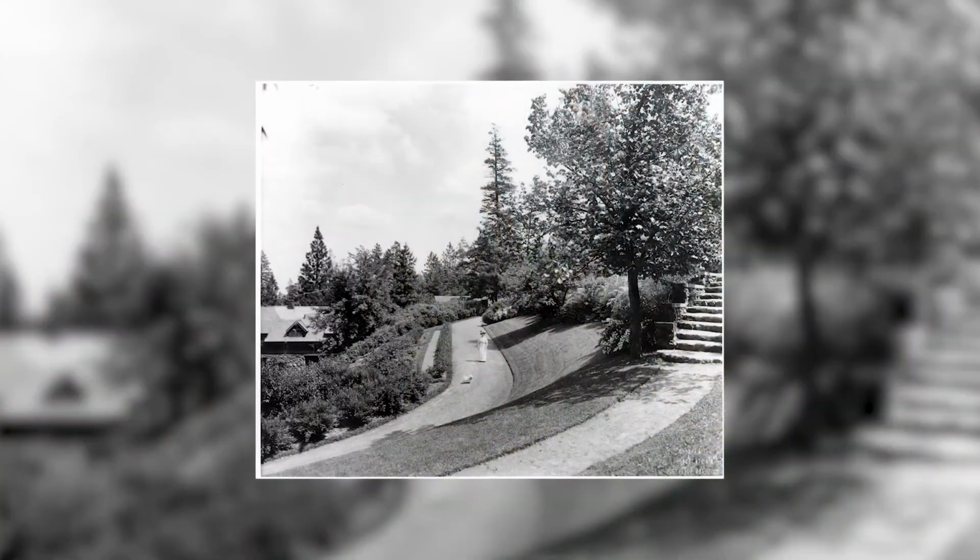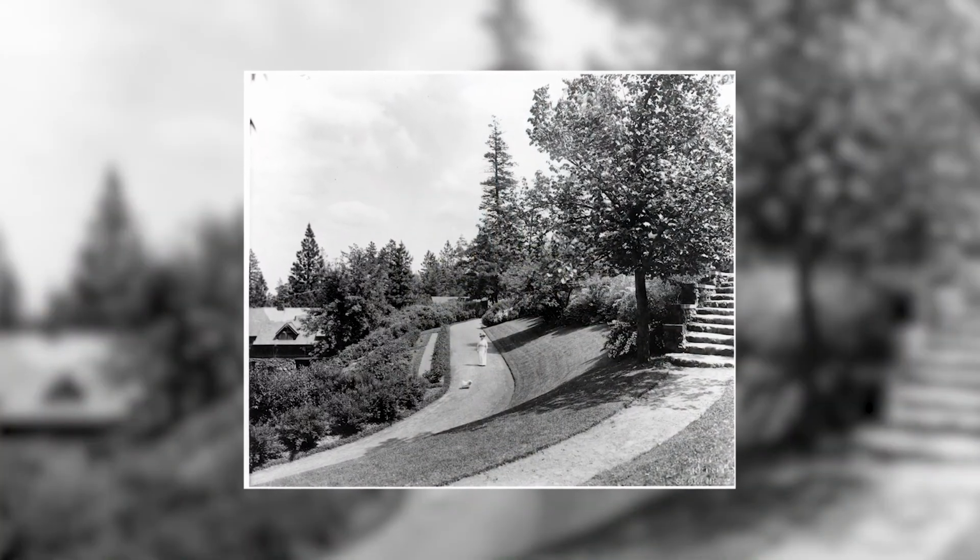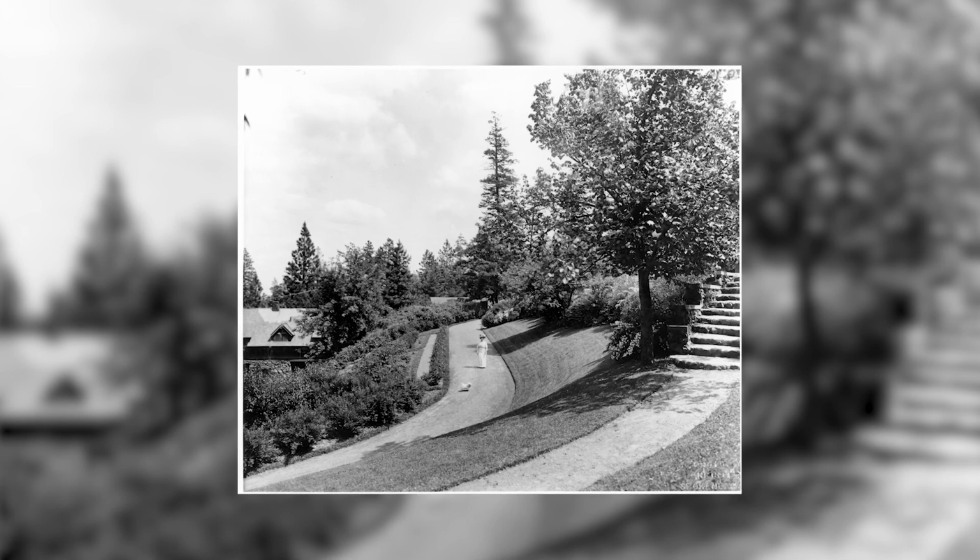When I began working at the Corbin Arts Center in late 1992, the site of the garden was actually a dense forest. The only remaining features that were recognizable were the rose arbor staircase and the pond. After completing a lengthy research process, I discovered that this portion of the hillside was the site of an elaborate